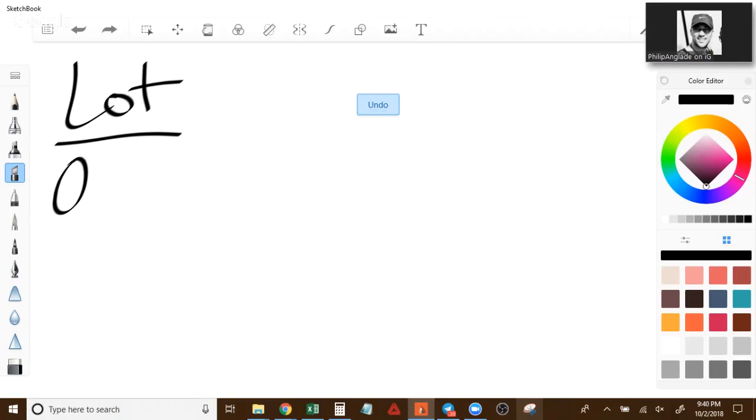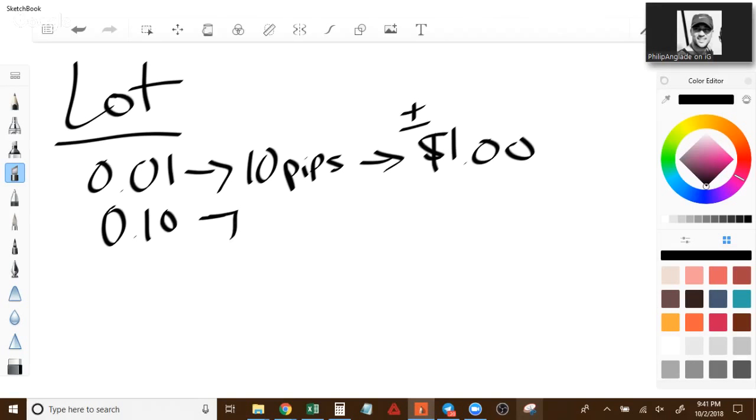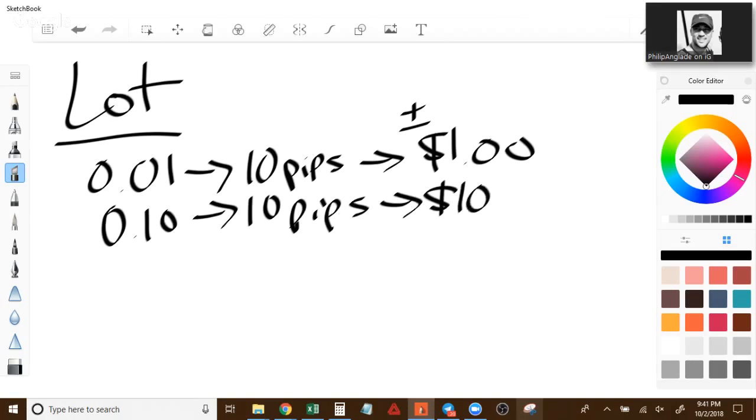0.01 is the smallest lot size you can get into. When that moves 10 pips, it's moving plus or minus $1. When this one moves 10 pips, that is moving plus or minus $10. When this is moving 10 pips,